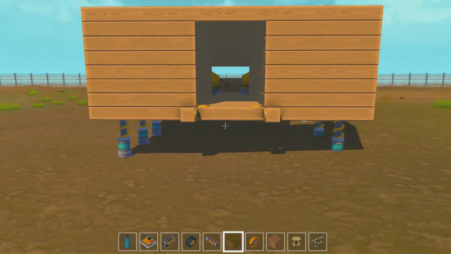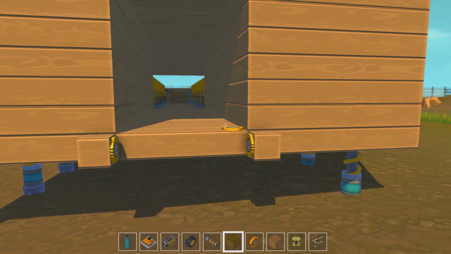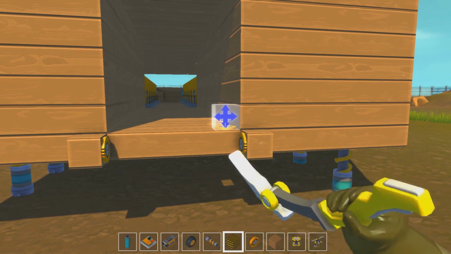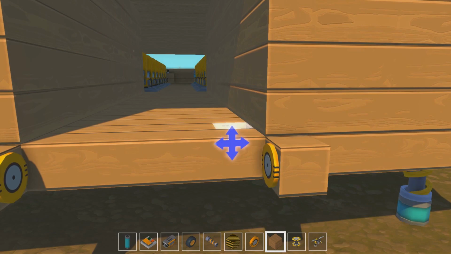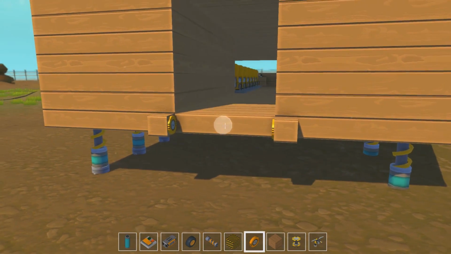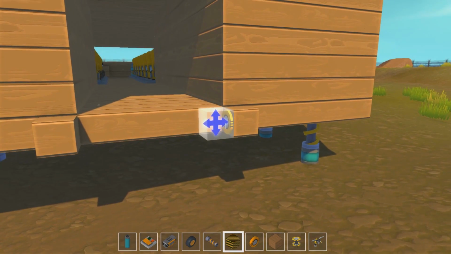No. Maybe I should just do the ramp. I was going to do doors on the inside. Now, let me just delete the bearings. The ramp should be enough. All it's going to be used for is a quote-unquote escape. I just want to have another way out of the bus, really. And I only need 1 bearing for this, so...